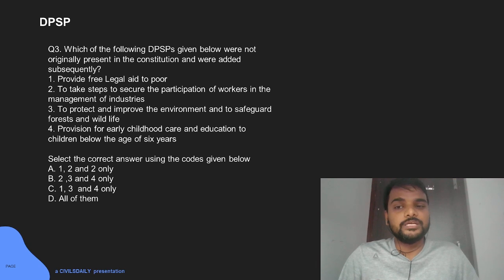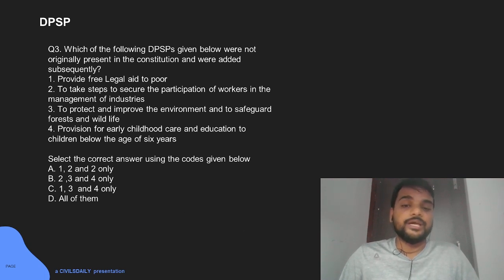So you can safely include 1. 2 also, to secure participation of workers in the management of industry, 43A. Still it is a product of amendment, and during the Indira Gandhi government, the left movements were strong and they wanted workers' participation in management of industry, because at that time the impact of socialism was more. So it was added later. To protect and improve the environment and safeguard forests and wildlife. You see, with the Stockholm Conference in 1972, emphasis on wildlife and environment increased. So when our constitution was amended, they provided for this also in Article 48A, again A.